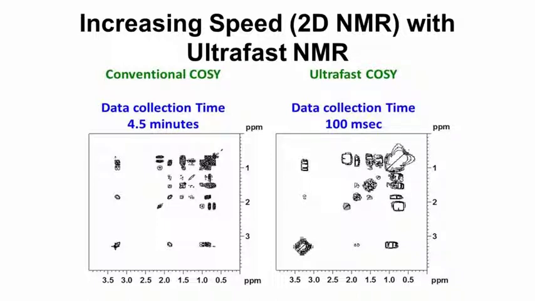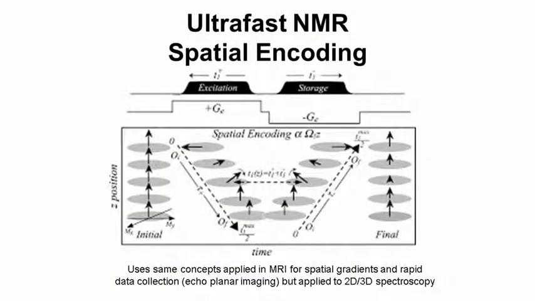And then on the right is one that's been collected in 100 milliseconds. That's a 2D spectrum in 100 milliseconds. Now, it's obviously lower resolution, but that's a lot faster than you can collect a 1D spectrum. So what ultra-fast NMR does is use tricks that were originally developed for imaging. So the concept of echoplanar imaging, which was developed in the 1970s and for which a Nobel Prize was awarded,